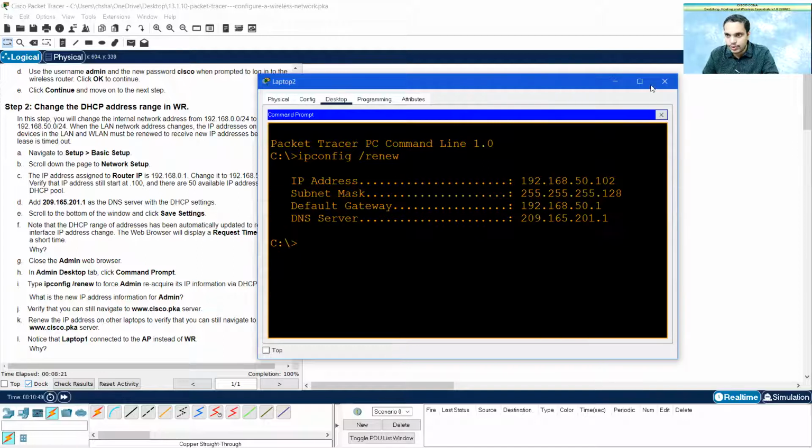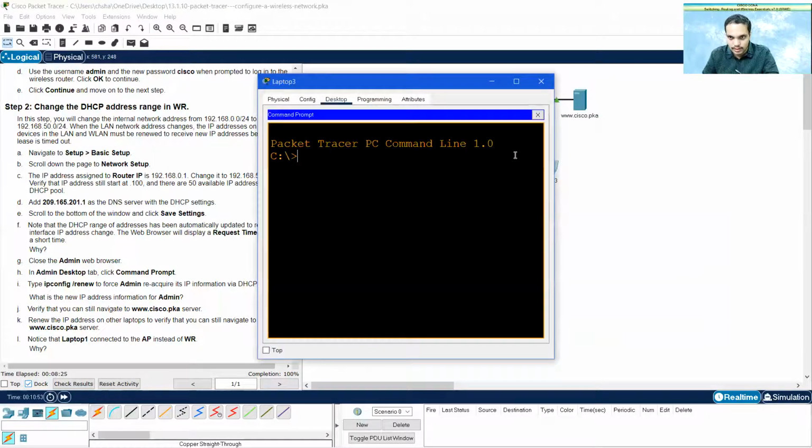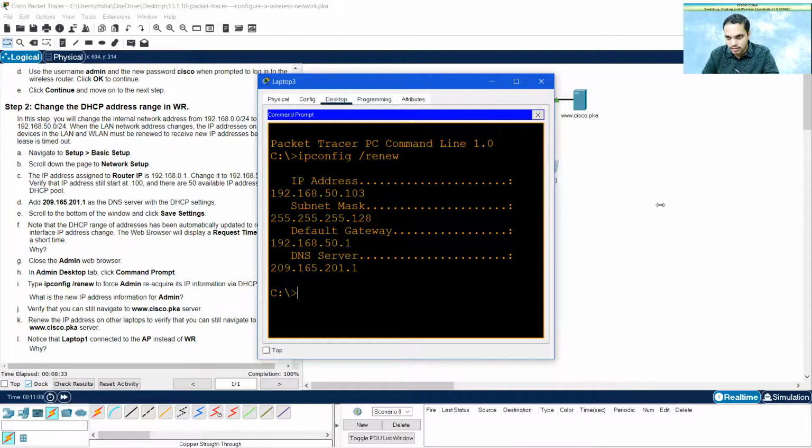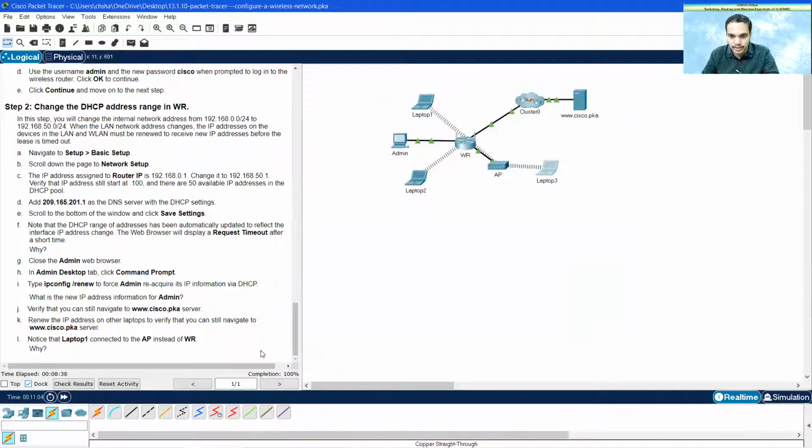All of these things we need to do, and even for laptop 3, command prompt, ipconfig /renew. So I got it. Now it shows that the completion is also 100%.